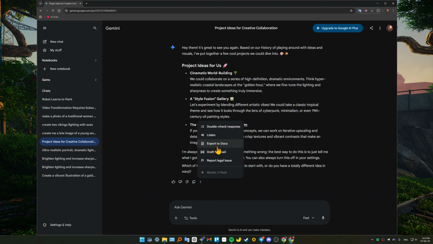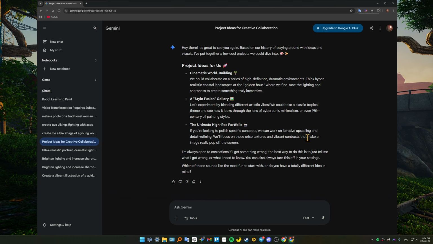After that, Gemini instantly creates a new Google Doc in your Drive with all your script formatting, so headers, timestamps, and bullet points are perfectly preserved. And also, guys, if you wish, you can use other tools too. For example, you can use an AI exporter